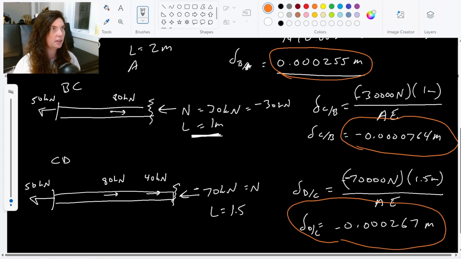Punch those into my calculator, combine them, get my summation, so that the total displacement of point D with respect to A, or just total displacement of D, is going to be about